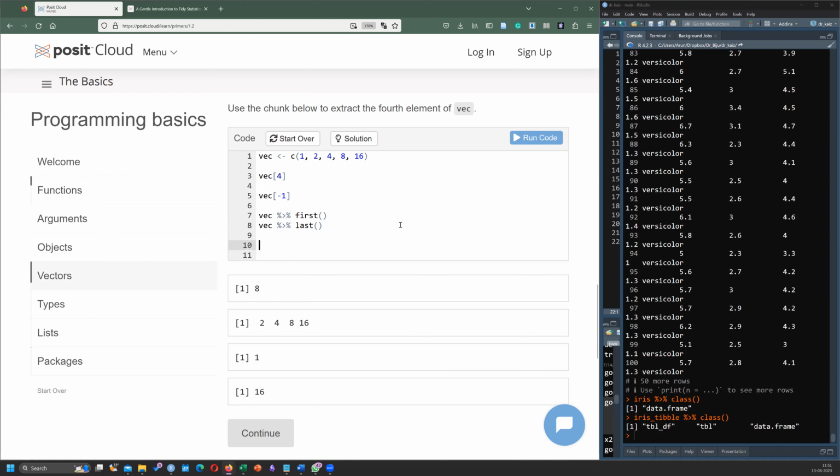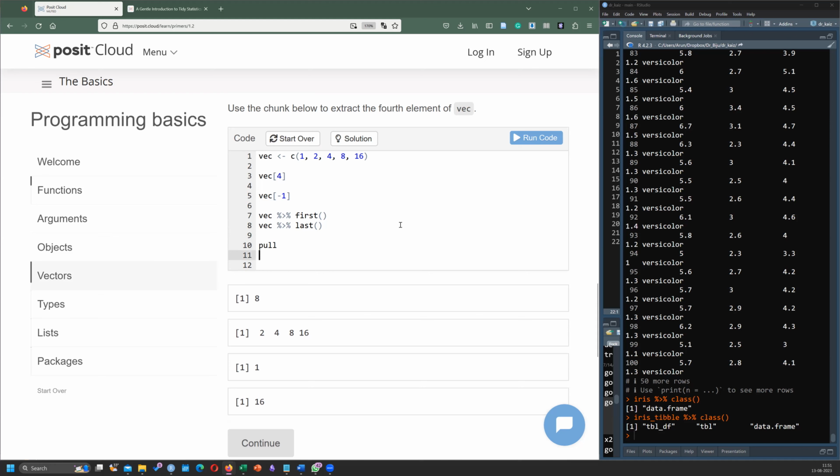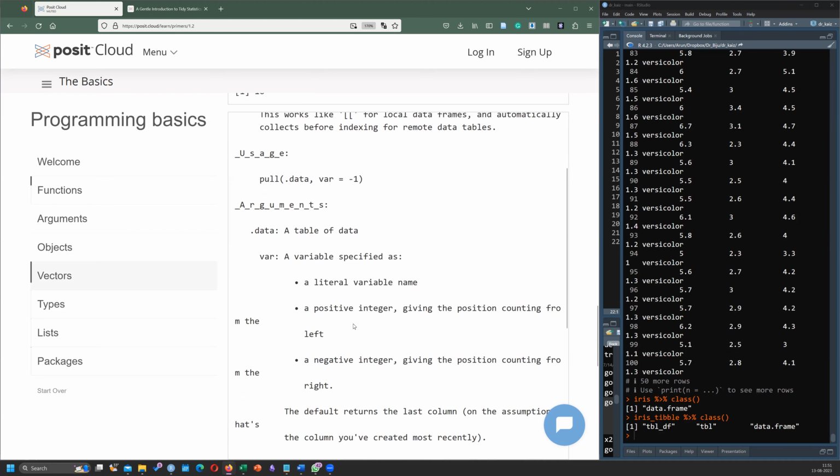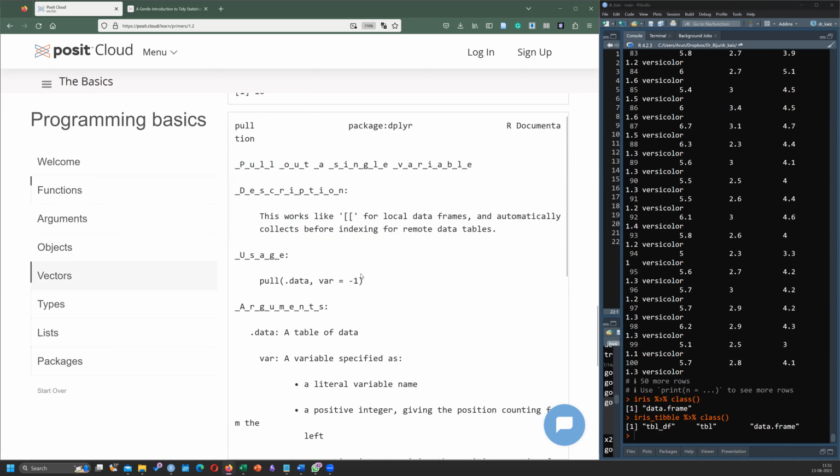What pull is doing is actually pulling a vector from a data frame. Let's see what the pull function is doing.